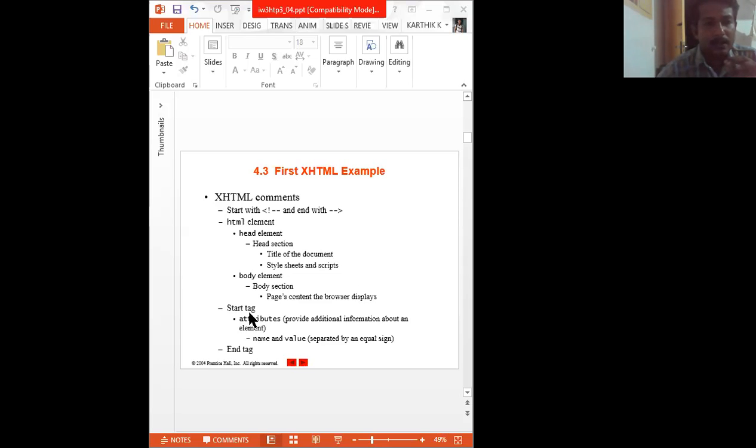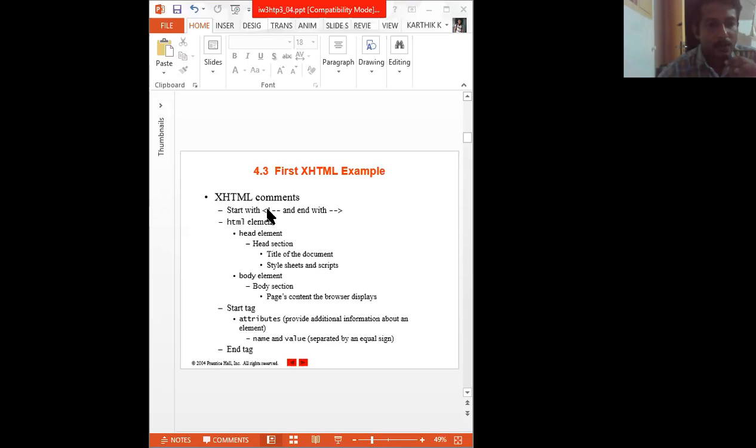So look at the first line. If you're going for any programming language like C, C++, Java, we use comments mostly for user understanding purposes. Like that, we can also create comments in HTML5 markup language using this symbol.